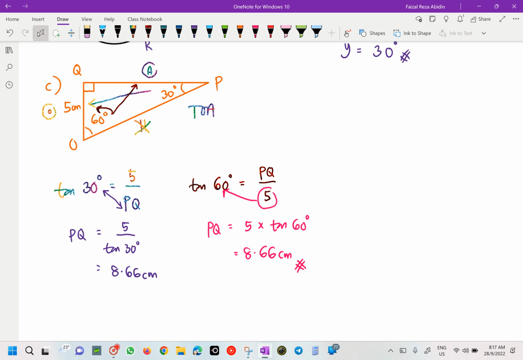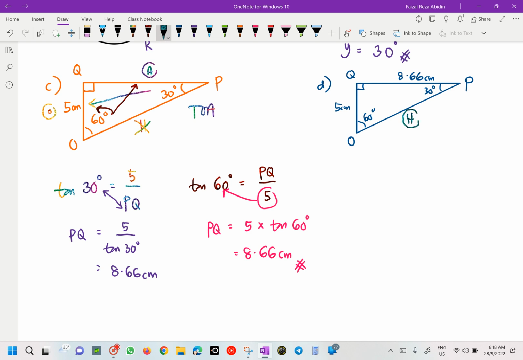So now, for our D here, I'm going to draw back our right angle triangle here, because the question is asking for us to find our O to P, isn't it? Isn't it, girls? So this one we have 30 degree, this one we have 60 degree. And just now we have our PQ is 8.66. So if you are using the trigonometry, it means that we are going to find our